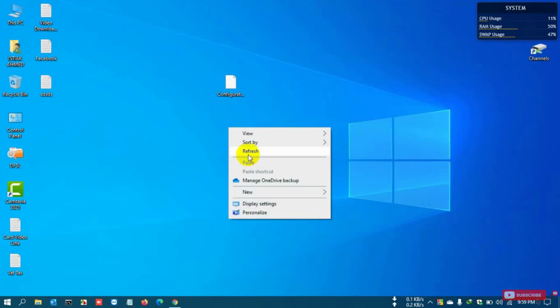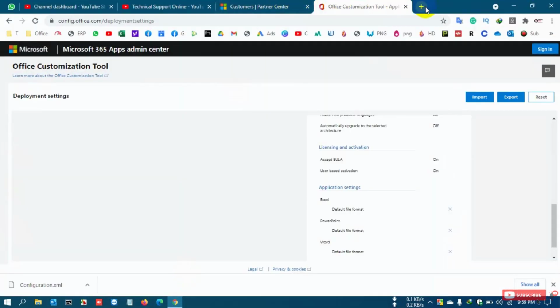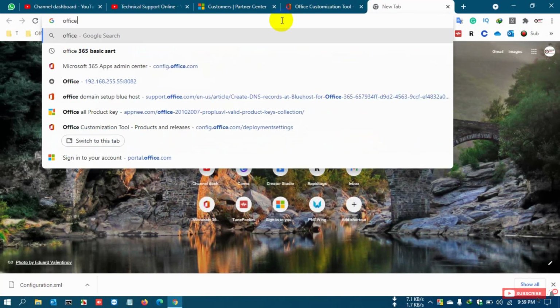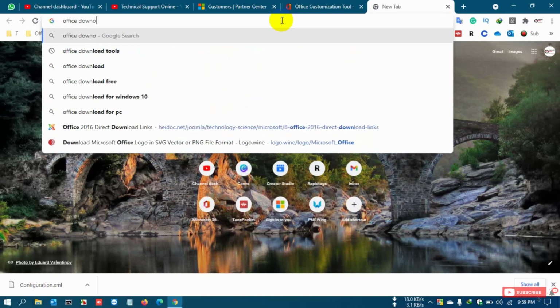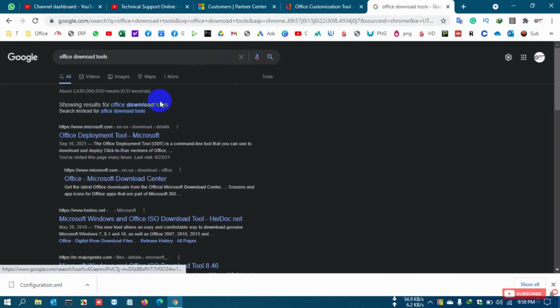Now you need to download the Office deployment tool, so go to the browser and search for Office download tool. After that, you can see here Office deployment tool from Microsoft, so click the Office deployment tool.